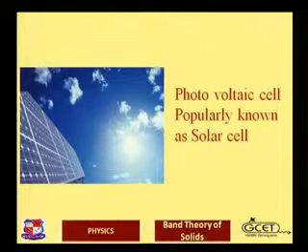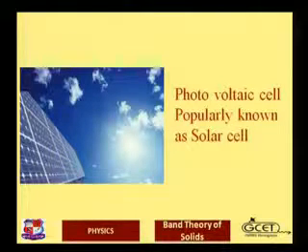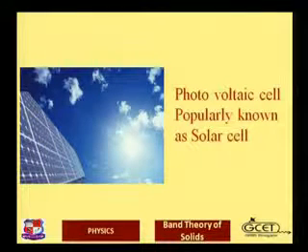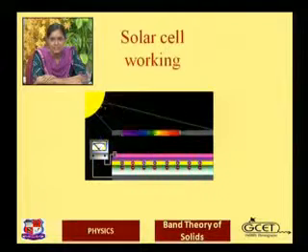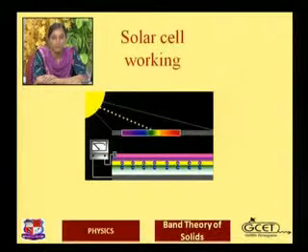Now the third one is the photovoltaic cell. It is popularly known as the solar cell. One can have a glance at this picture. There are so many large solar panels, and of course the source of energy is the sun. Actually, it is a photovoltaic cell, and we know it as a solar cell. Now, how does it work? The basic principle is one and the same, but here we use the term photovoltaic cell. We are not providing any bias here, and we are having the output as an EMF.